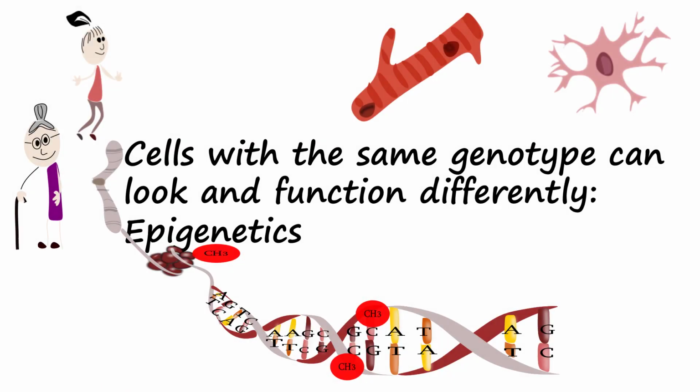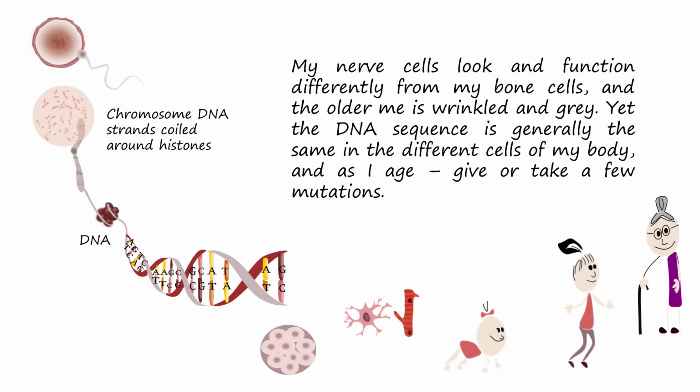Cells with the same genotype can look and function differently. My nerve cells look and function differently from my bone cells, and the older me is wrinkled and grey. Yet the DNA sequence is generally the same in different cells of my body and as I age, give or